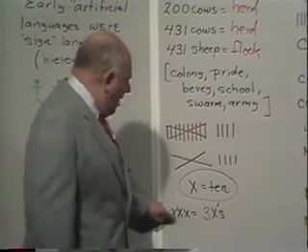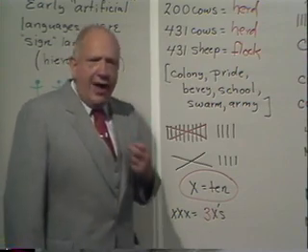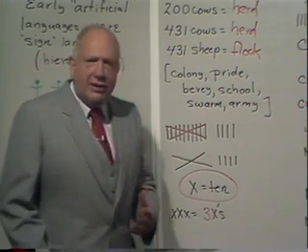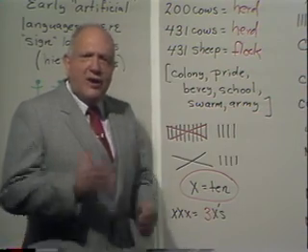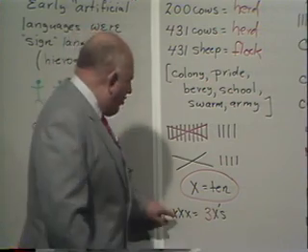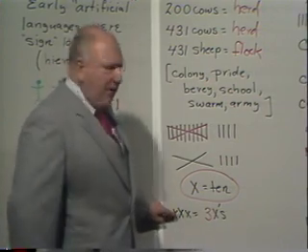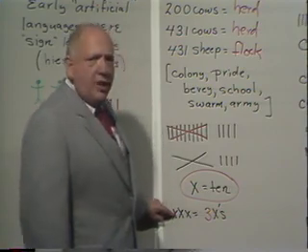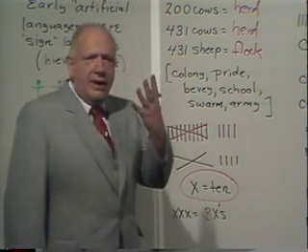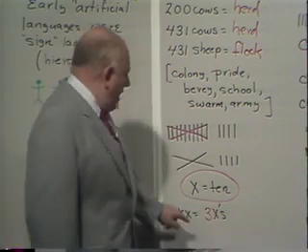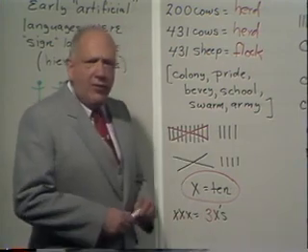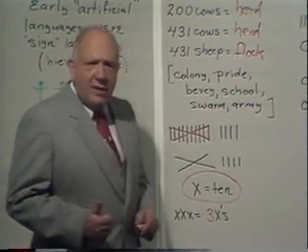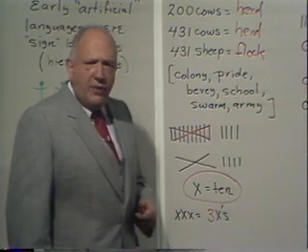You see, this is a major step forward. For the first time, a symbol does not look like the number it stands for. In other words, with the tally marks, you could count the adjective. With the X, you have to know that it stands for 10. For example, suppose we decided to count with only one hand, then the X might have stood for 5, in which case this would still be 3 X's, but now X would stand for what now? 5s. You see, it wouldn't be 3 10s, it would be 3 5s.